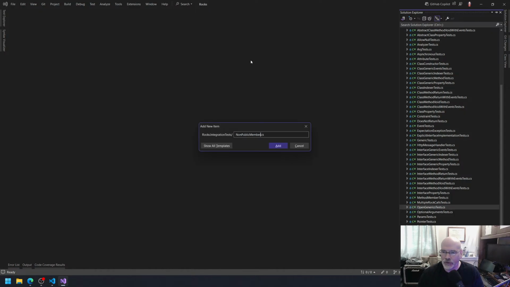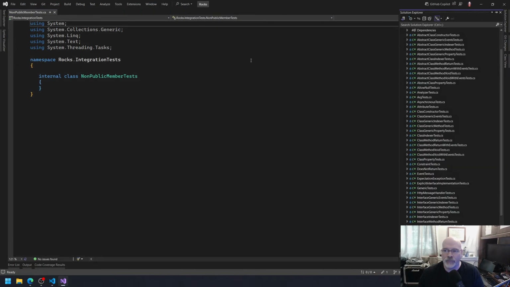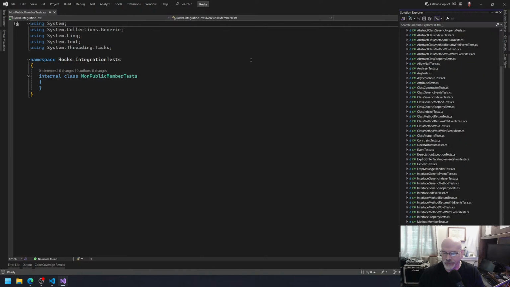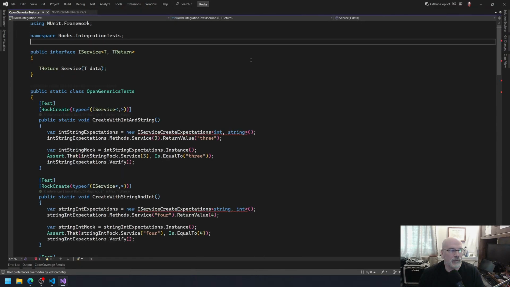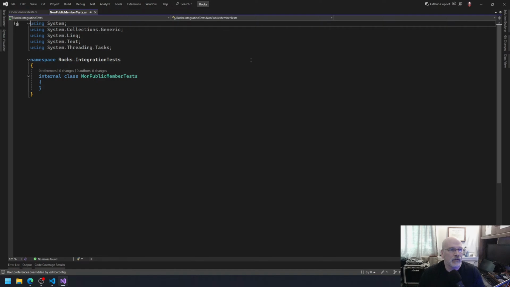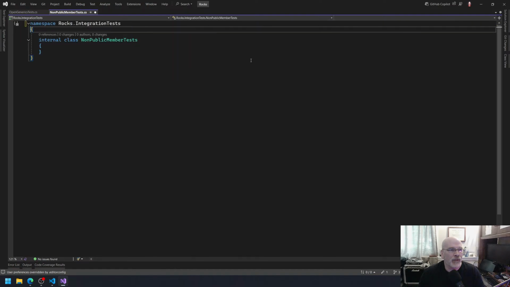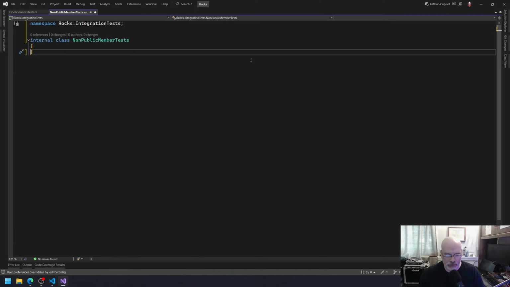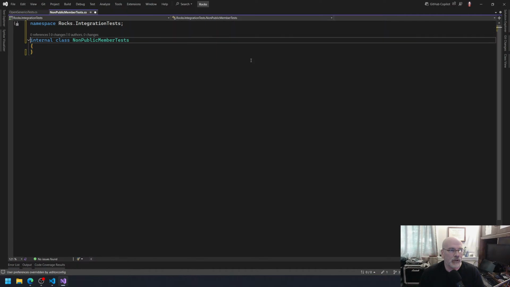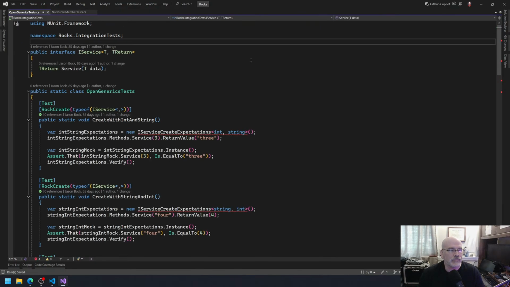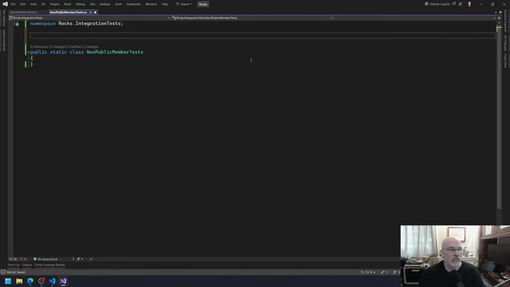Non-public member tests. Okay. And so let's just grab something here so we're doing the right thing. Get rid of all those. I keep saying this, I thought my editor config was set up so that it always does this by default, but it doesn't seem to. So what we want here is a public interface, or we can say public abstract class